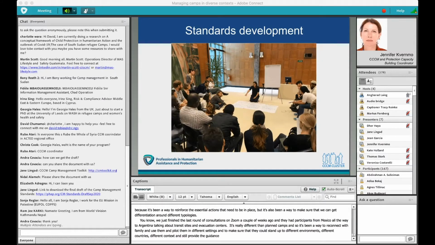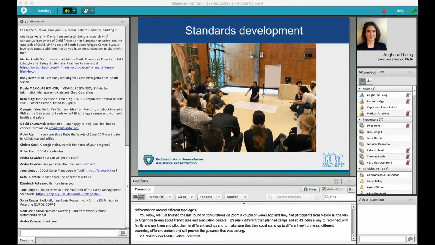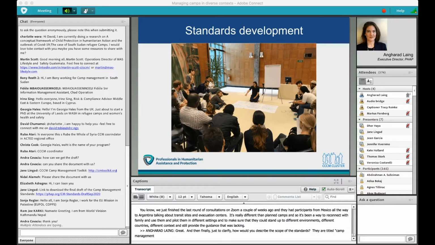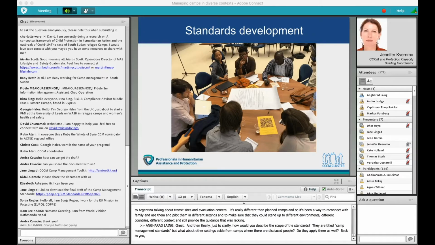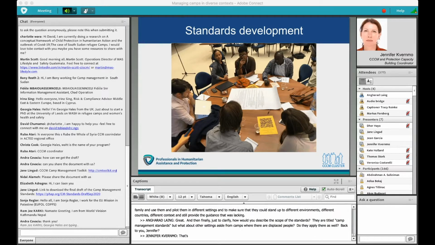Great. And then finally, just to clarify, how would you describe the scope of these standards? They're titled Camp Management Standards, but what about other settings apart from camps where there are displaced people? Do they apply there as well? Back to you, Jennifer. That's a great question. I think we struggle a little bit in CCCM to really come up with the right term to be inclusive when we talk about